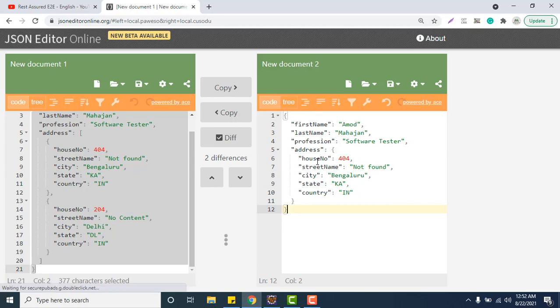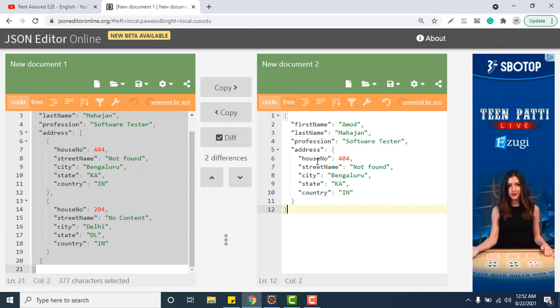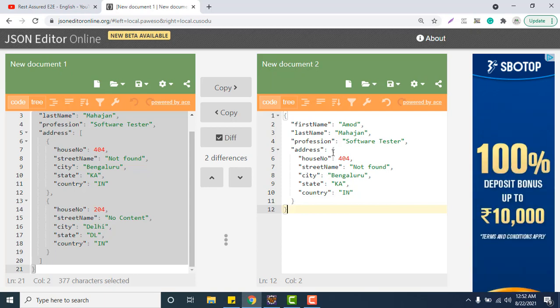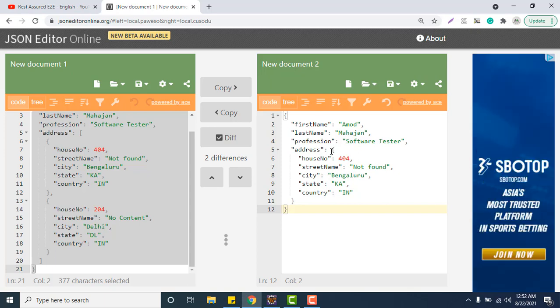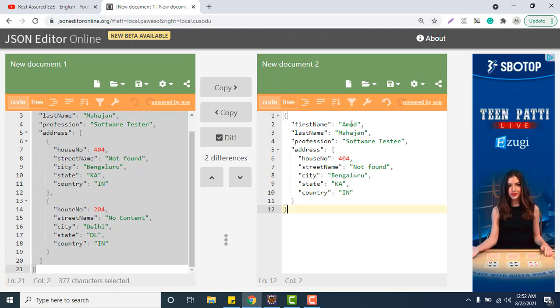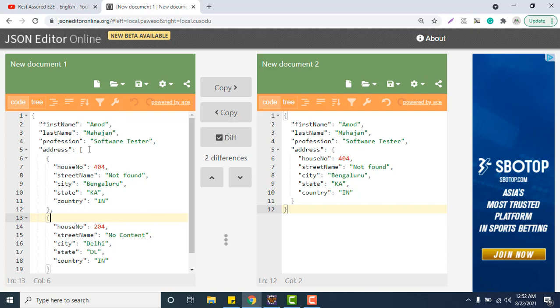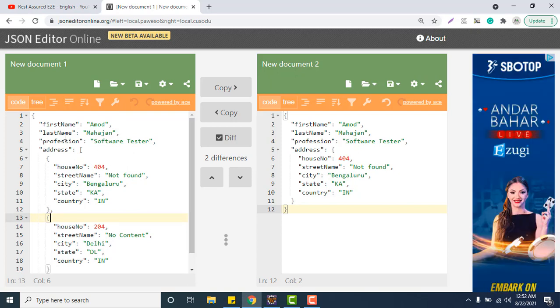one set of address. But you might get some JSON payload, request or response where address will not hold only one object. It is possible that this particular person has multiple addresses, like a communication address or a permanent address. You might require a JSON payload like this, where this person has two addresses.